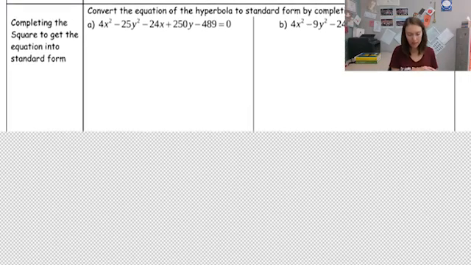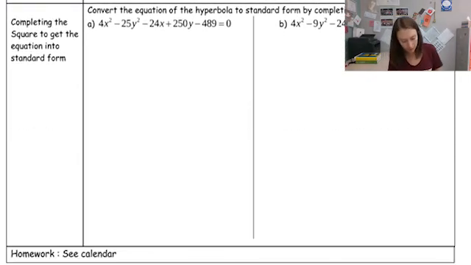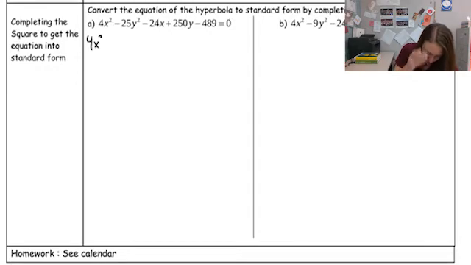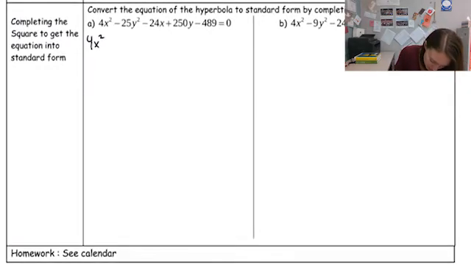All right, and then the last problem here, convert the equation into standard form by completing the square. So we did this with circles, we've done it with ellipses, we've done it with parabolas a long time ago. So now with the hyperbola, again, really one of the only differences between this one and the ellipse is that there's going to be a negative involved with one of our variables. So the first thing I want to do is get all my variables grouped. So the x's grouped together,